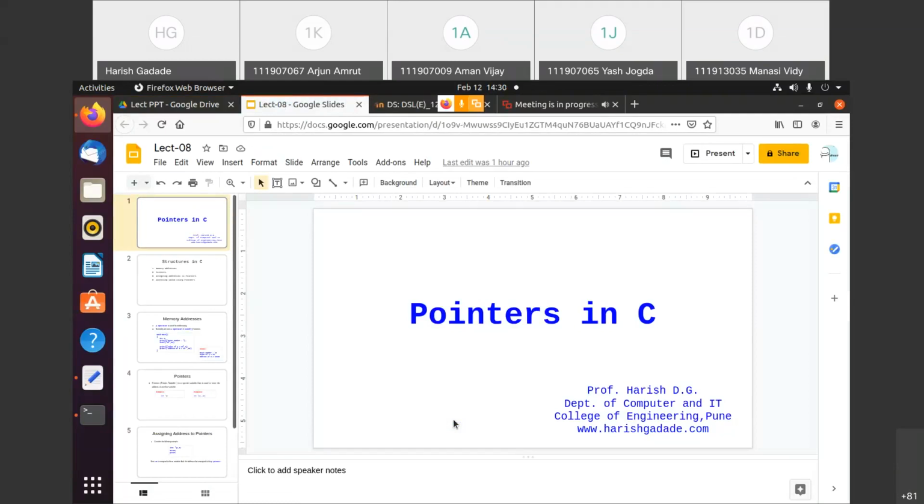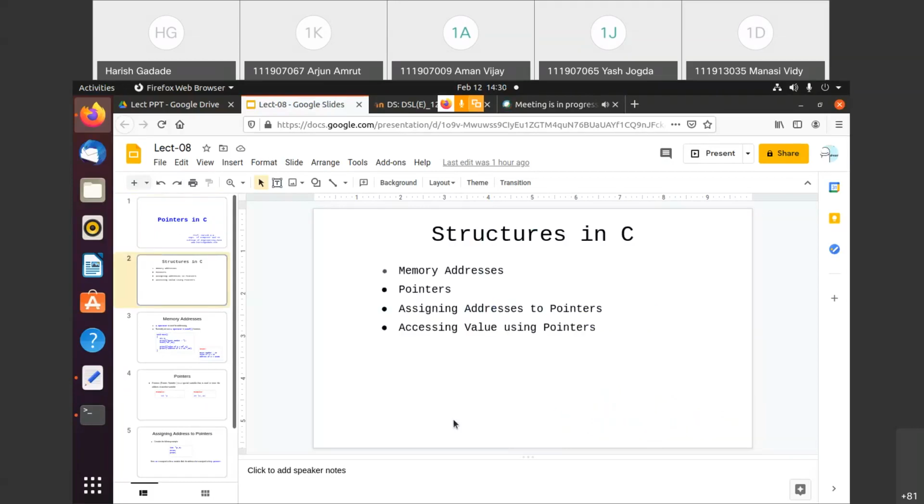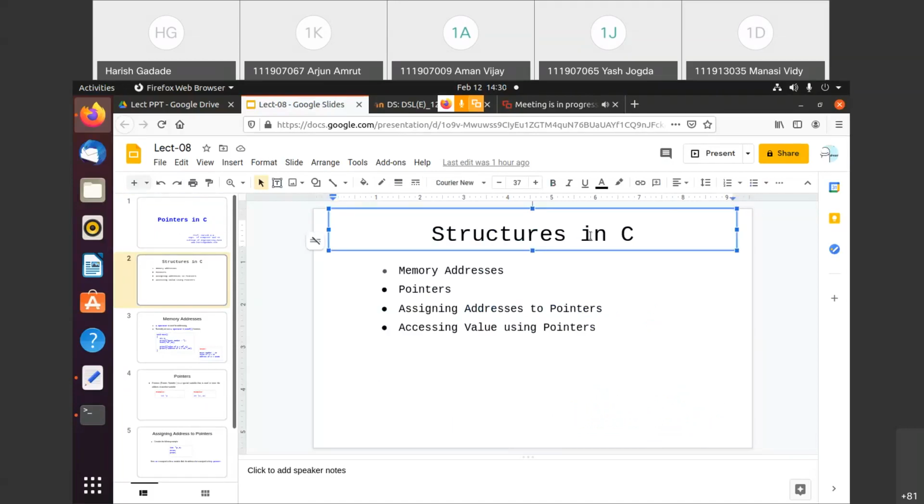Whatever programs we do without pointers, there is a direct communication between the programmer, or the keyboard we can say, and the memory, right? But here one more step we are adding, right? So what that step is, I'll tell you here. Now in this pointer, again as I said, it's again not changed,